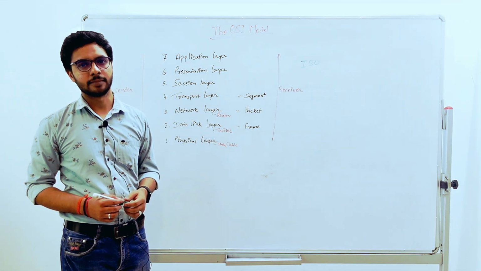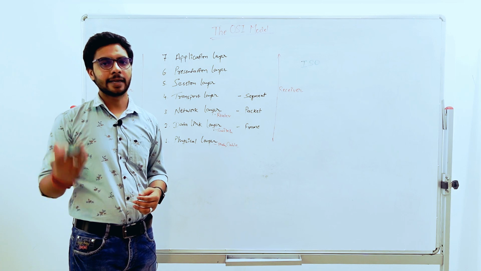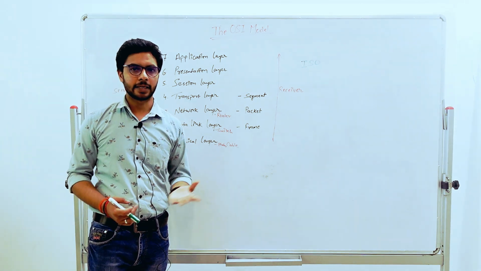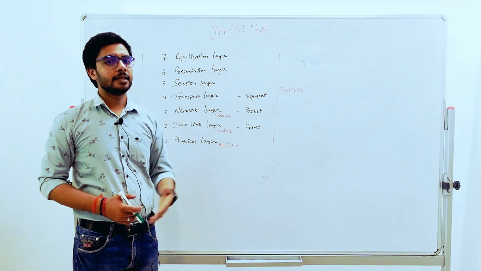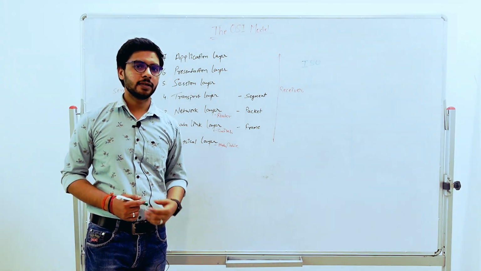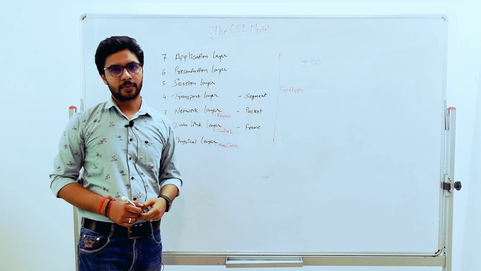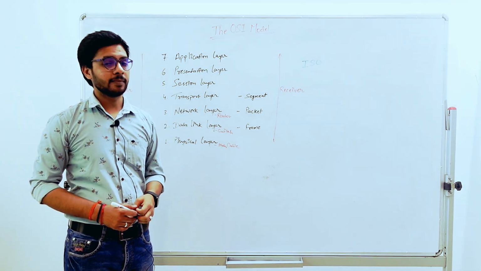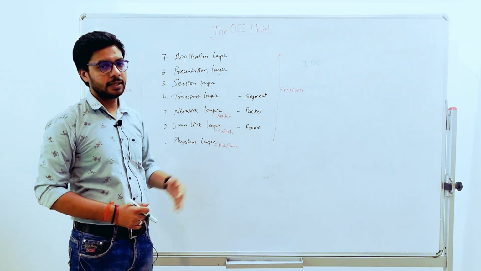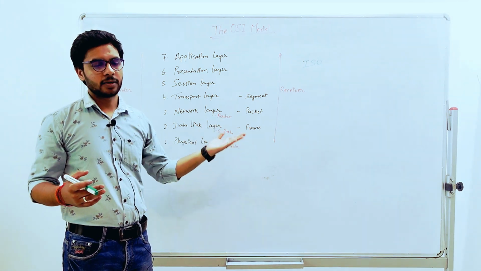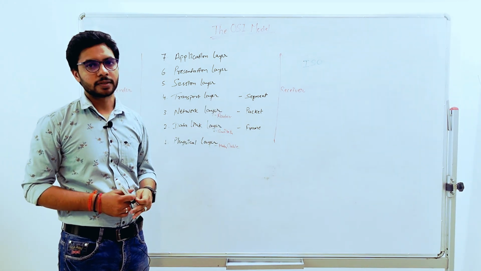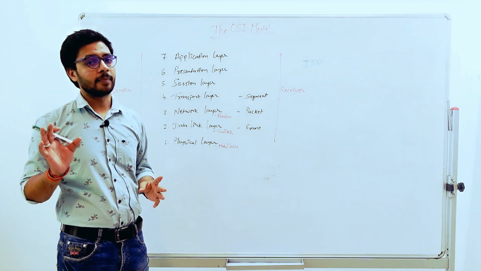That is an application, meaning how the user is starting or initiating the communication. So we can say that the application layer is the layer that is providing an interface to the user so that the user can initiate the communication. Okay. Now, when I'm saying that your application layer is providing an interface to the users, here I'm not talking about the application itself.